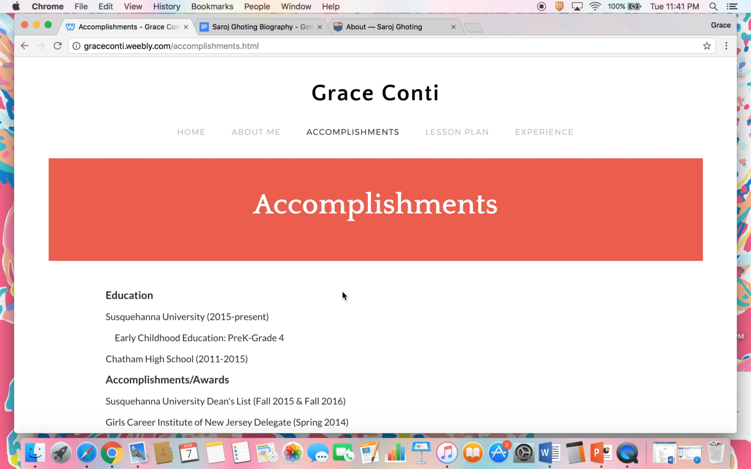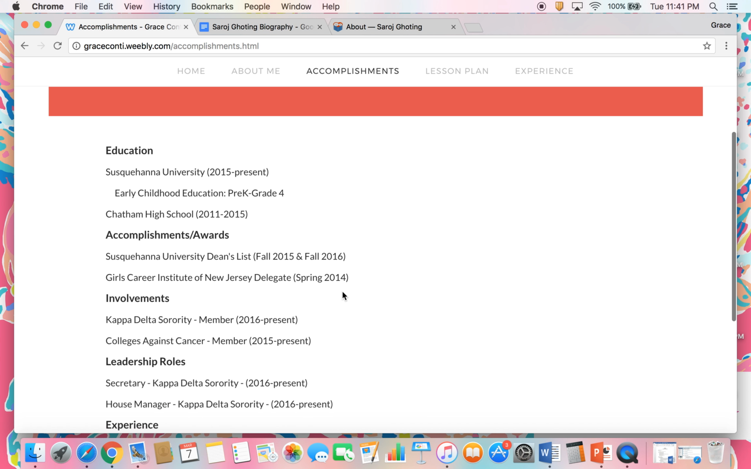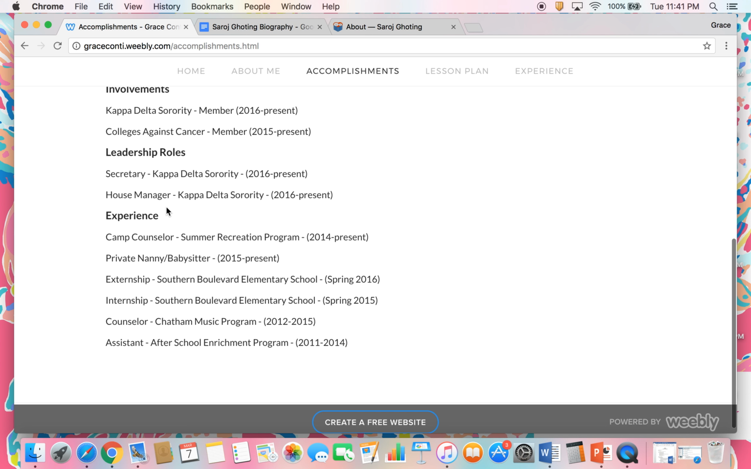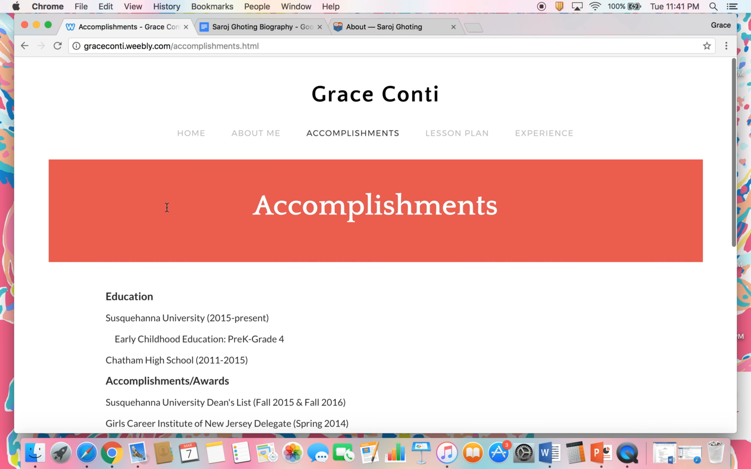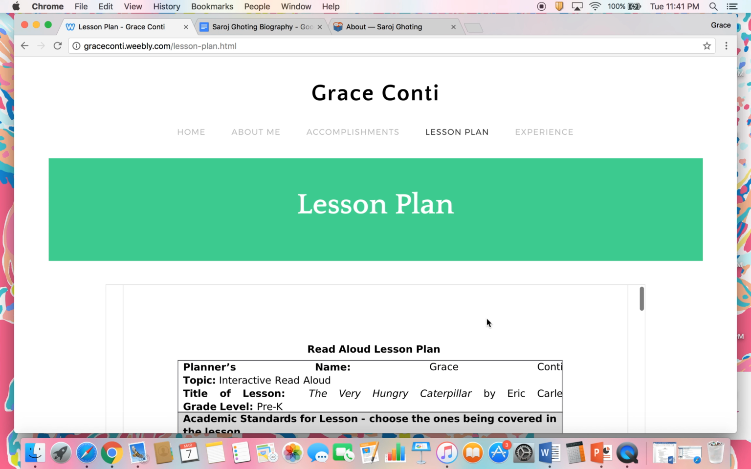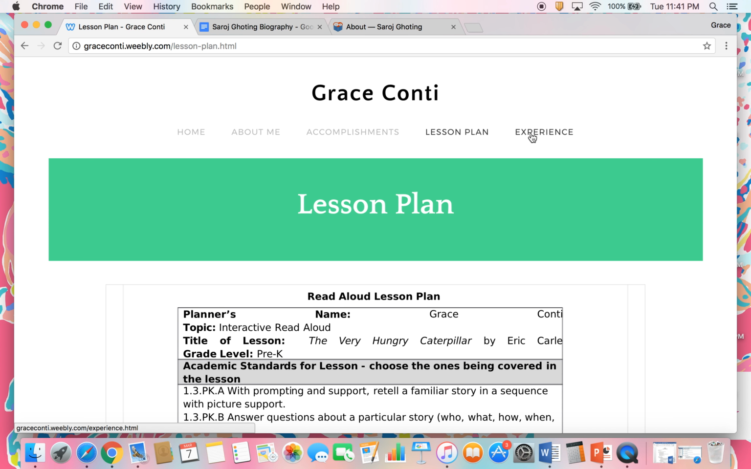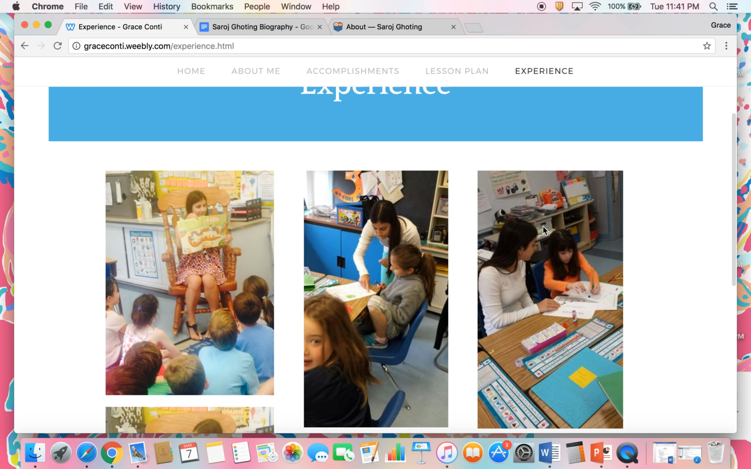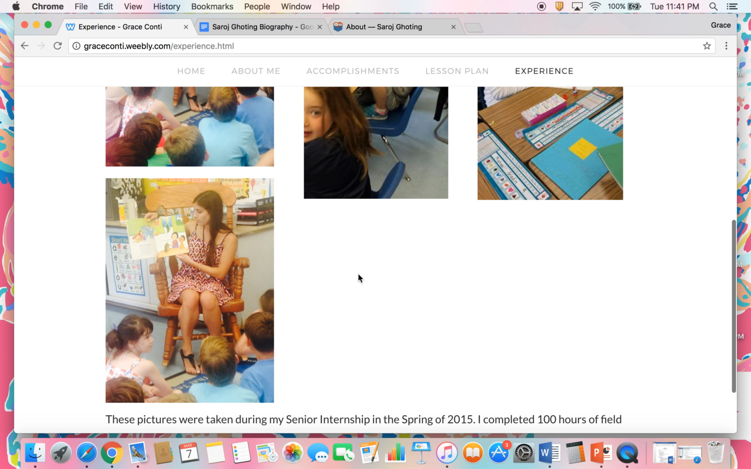Next, I have an Accomplishments tab, which is kind of like a little mini resume: some education, accomplishments, involvements, leadership roles, experience working with children. Then I have my lesson plan tab, which has my lesson plan that I'll come back to in a moment. And then lastly, I have my experience tab, which just has some pictures from my senior internship in a second